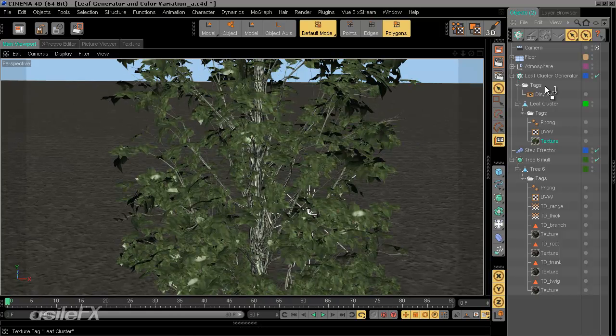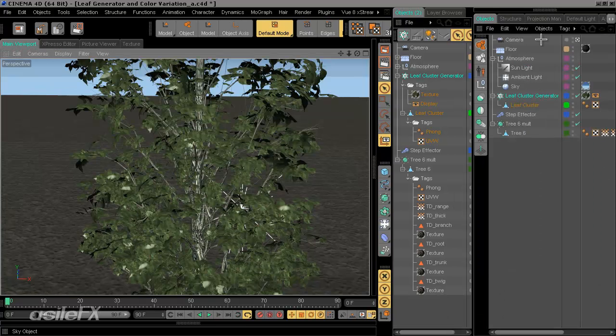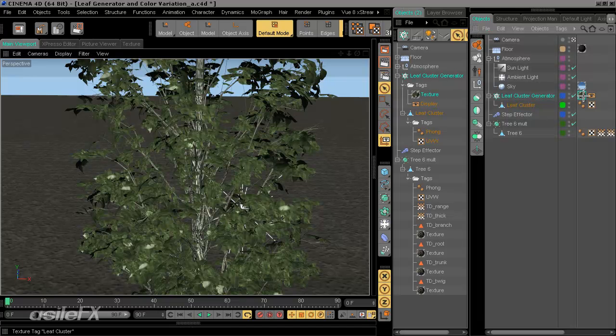applying this to the leaf itself, we're going to drag it into the tags for the generator. So now the generator has its own texture on it. We can take a look at the object view, the traditional object view, and we can see that it is added to the object, and there is no texture whatsoever on the leaf. This will allow us to set up